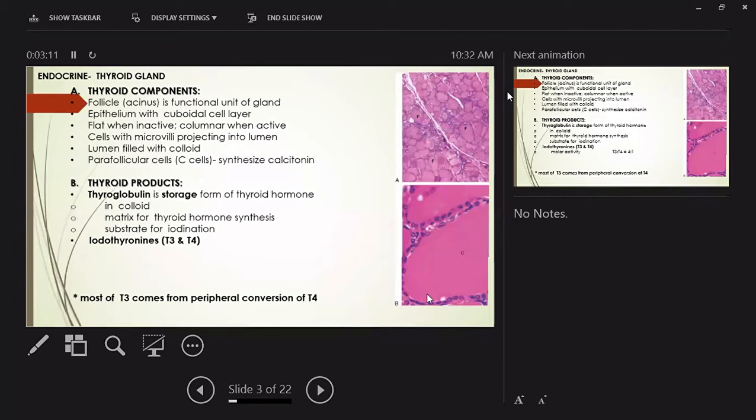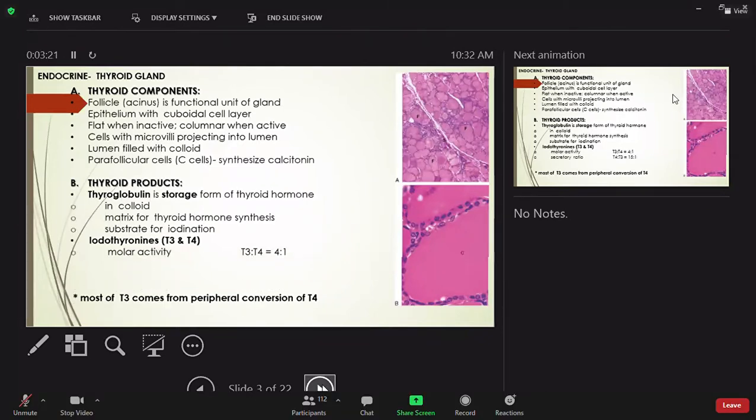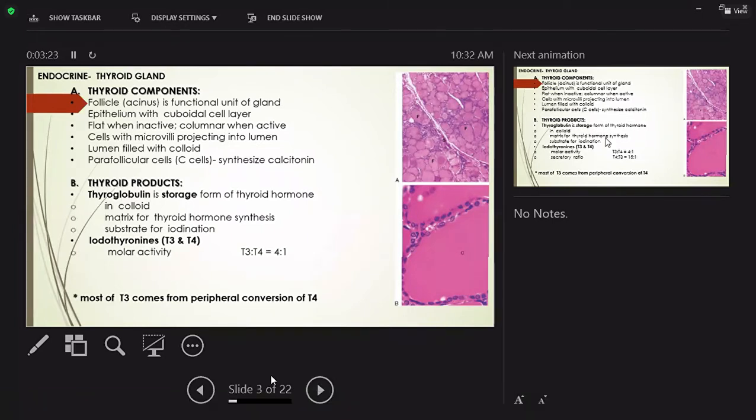So you have your iodothyronines, T3 and T4. And the molar activity is